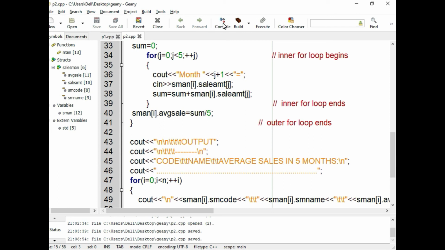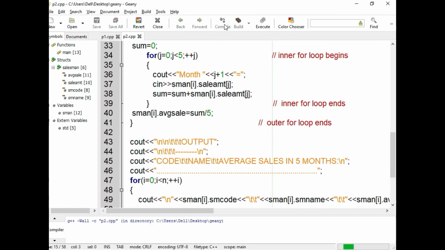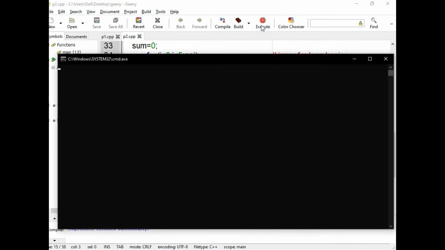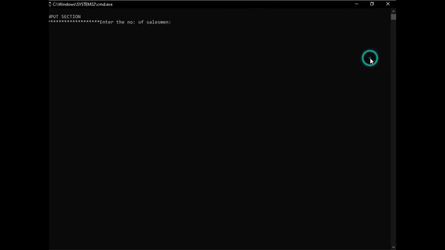I'm going to click the compile button. Compilation finished successfully is displayed. I am going to build this program. Okay, again I am going to execute this program. So this is the output window.